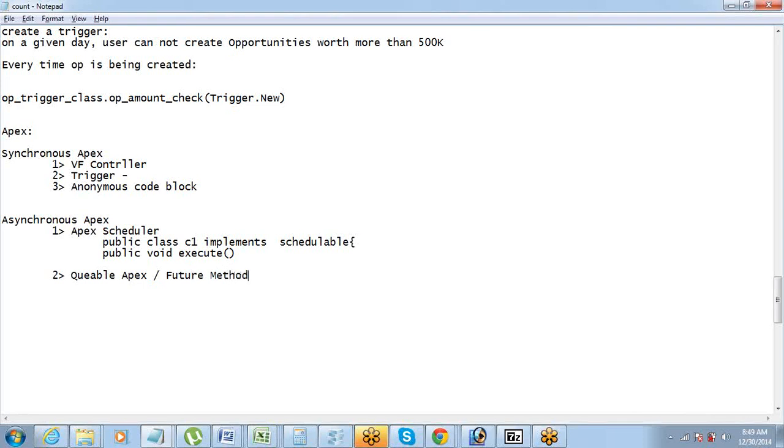So this future method is primarily for a method, and queuable Apex is for a class. So any class or method which has been defined as a future method or a queuable class, that method gets queued.